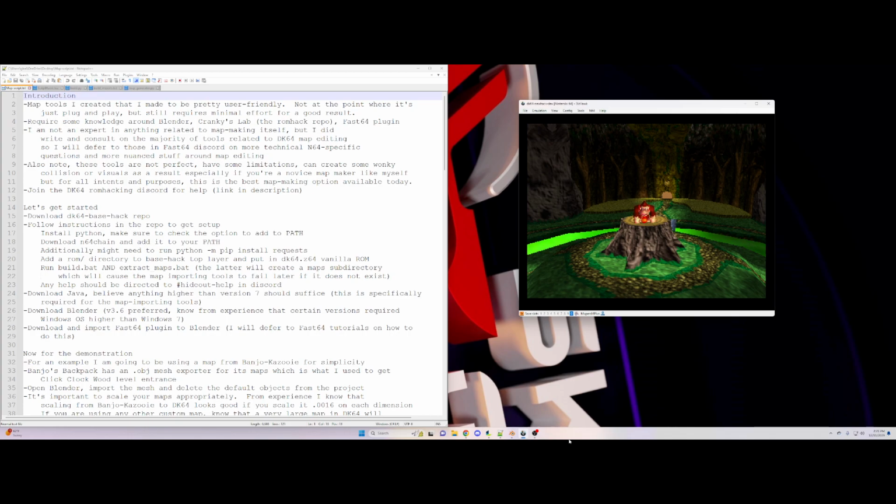Today we are going to be talking about how to import custom generated maps into DK64. Just as a bit of an introduction, I'm going to be using some map tools that I created, that I made to be pretty user-friendly. They're not at a point where it's just plug and play completely, but still it only requires minimal effort for